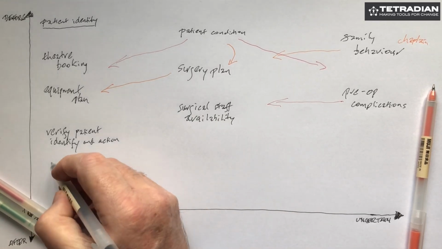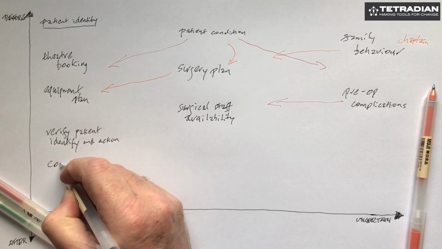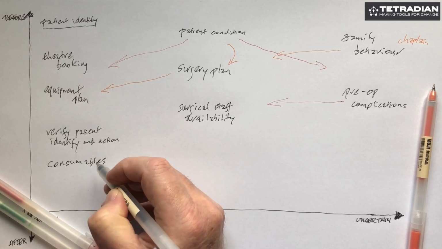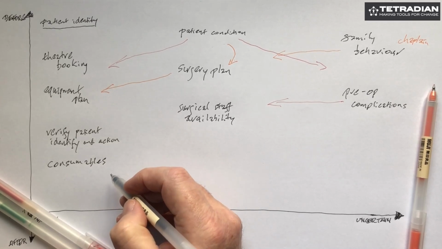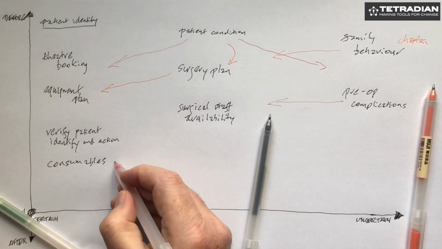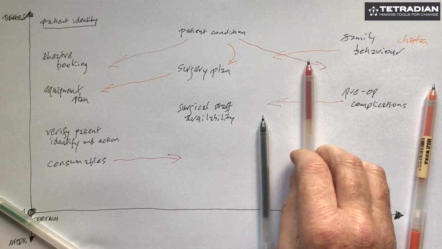And the next thing we're going to need to verify, usually with a checklist, is the consumables that we're going to use. We're going to need the right consumables with a margin for error, like blood packs and so on. Because what we don't want to have happen is those suddenly going uncertain on us. We need to keep track of what's going on.